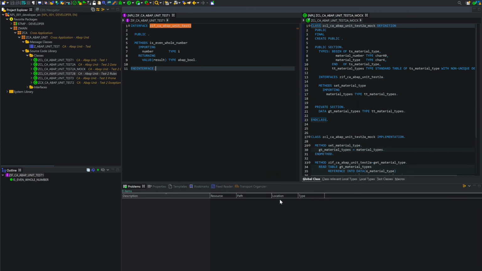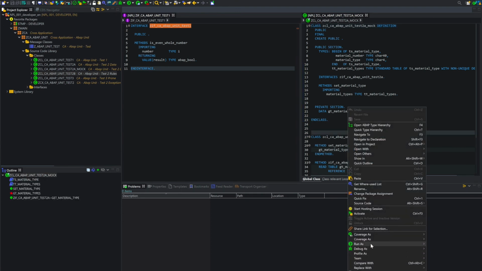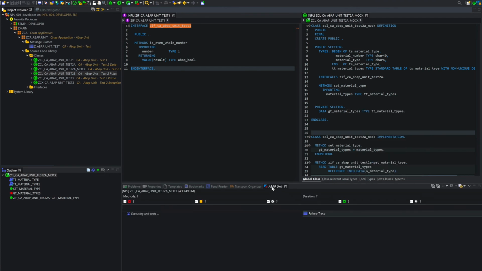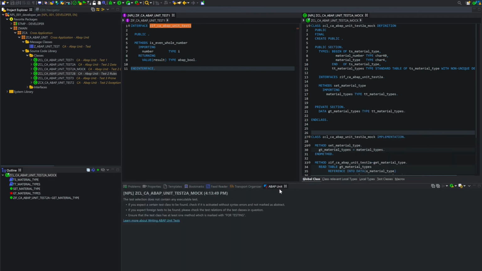But for example, if you need to run something and the tab is not open, Eclipse, not SAP, Eclipse will open it directly. For example, if I start my ABAP unit control, I have an ABAP unit tab open and run the test.